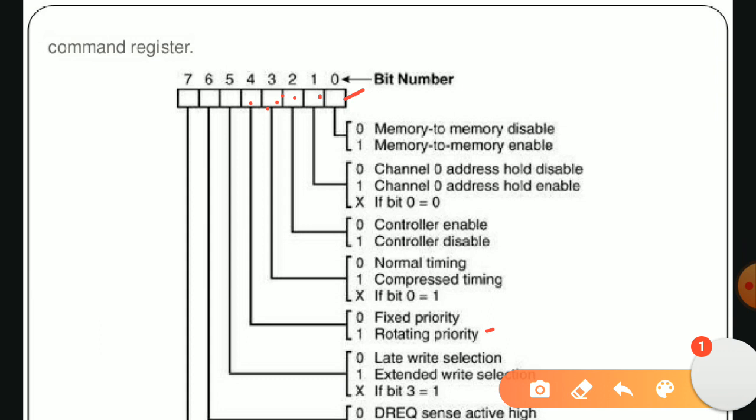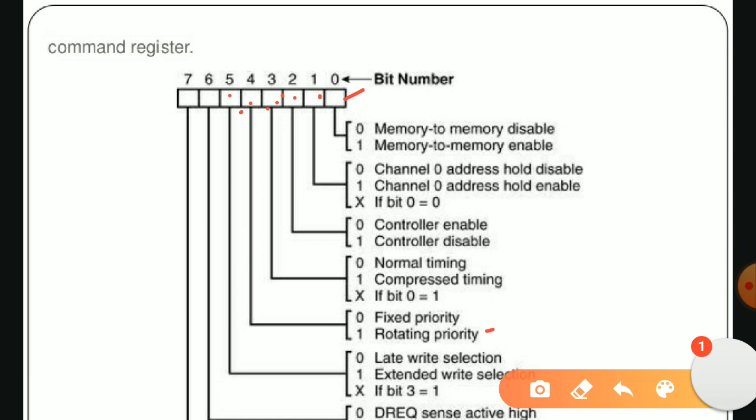And the fifth bit position in the command register is late write selection, or extended write selection. Late write or extended write selection is used especially where the peripheral devices connected to the DMA controller are very slow devices.